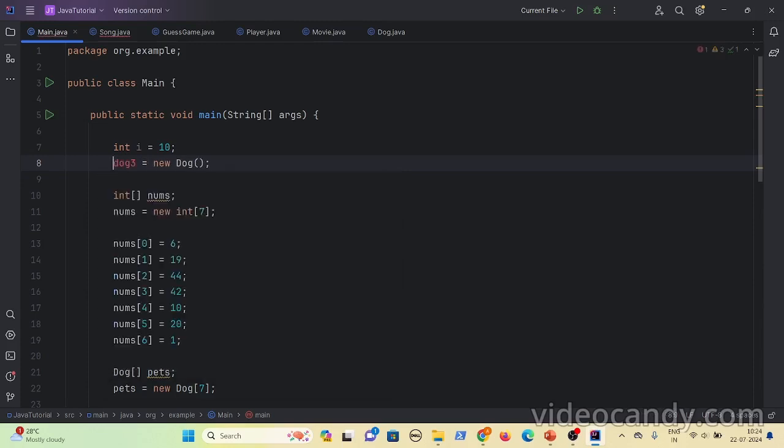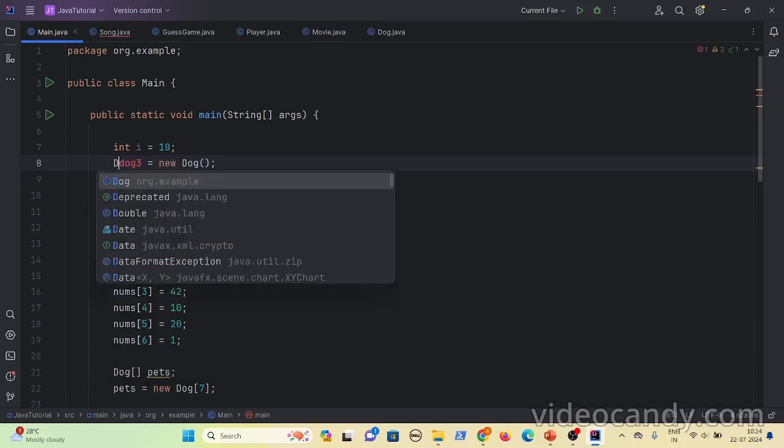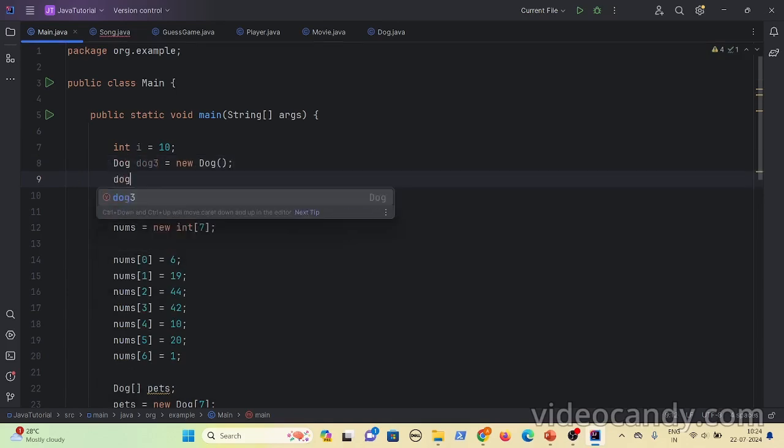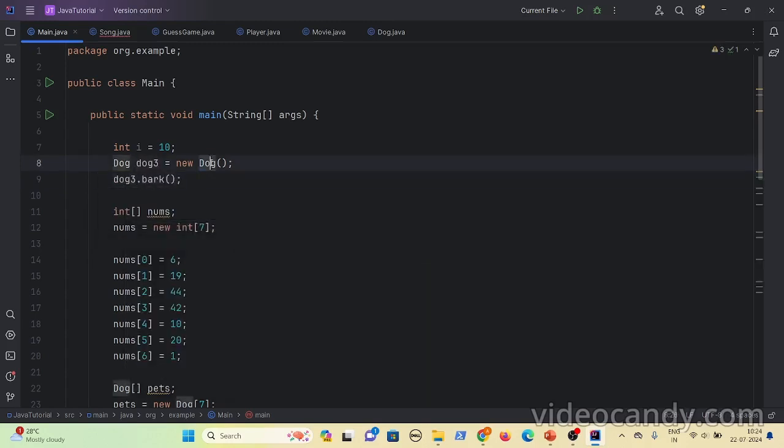Now I want my dog to bark. What we should do is dog3.bark(). To invoke methods on this object, you have to use this variable name, then the dot, and then the method name: dog3.bark(), then it will bark.